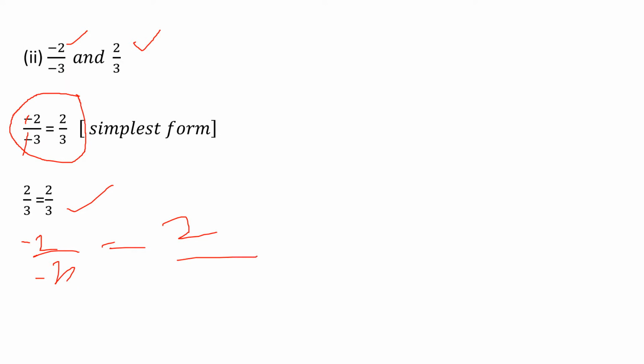So when you see a problem like this, don't get confused, because here the numerator has a minus symbol, and the denominator also has a minus symbol. So minus and minus get cancelled, and you'll get the positive number 2 by 3. Is it clear, children? Now let's see the next problem. All the problems are very small, right? So you can also do it with me.